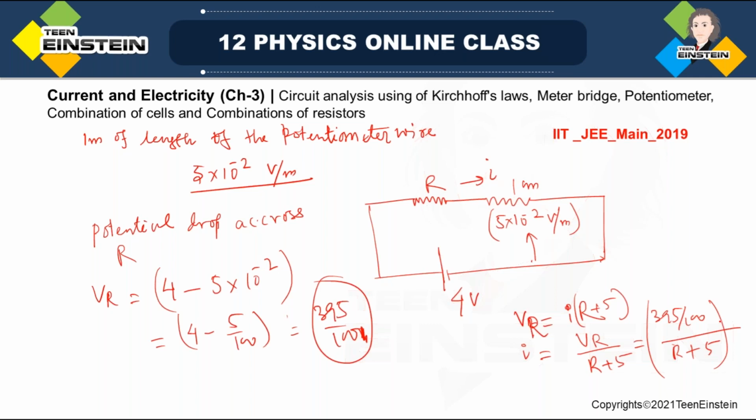So I have to find out the resistance, so the voltage drop will be actually,